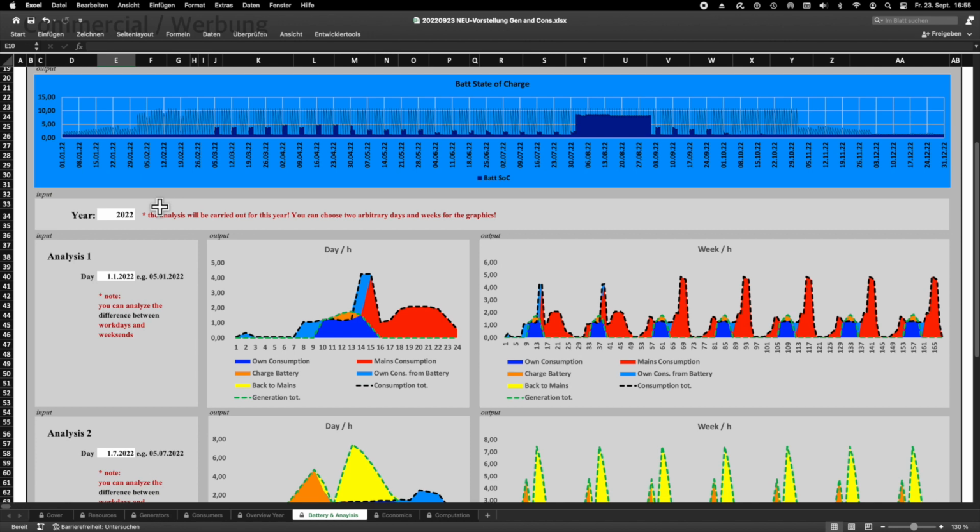However, I decided that you can choose any year for the simulation. In this way, the simulation can be better compared with actually measured values based on the date, especially when there are differences in consumption between weekdays and weekend. Of course, the day you specify below must actually be in the year that you specified.